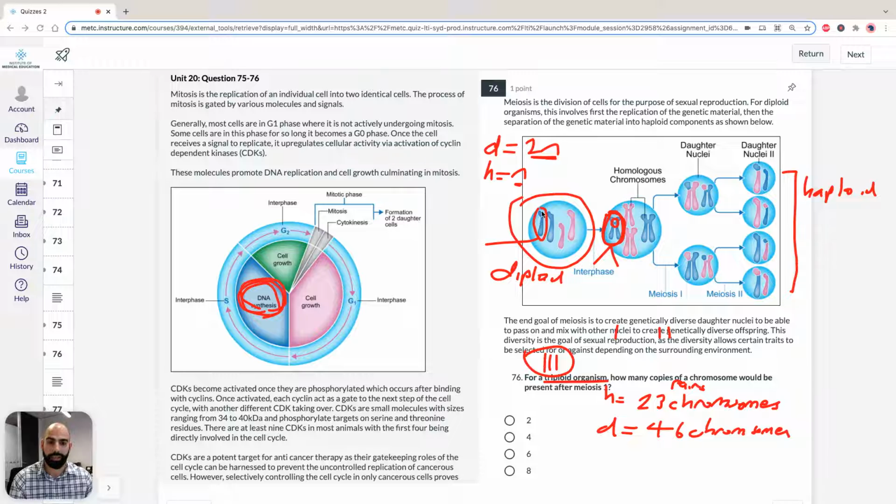So if we just take a look here, you've got 1 chromosome from your mother or your father and 1 from your other parent. So let's say 1 dad, 1 mum. What happens is during interphase, they replicate. So you've still got 1 from your mother, 1 from your father. And then during meiosis, the first stage of meiosis, remember, in prophase, the nuclear envelope condenses, so it goes away, and then they pair up. So 1 from your father, 1 from your mother. So they pair up and they do this cross exchange of genetic material.